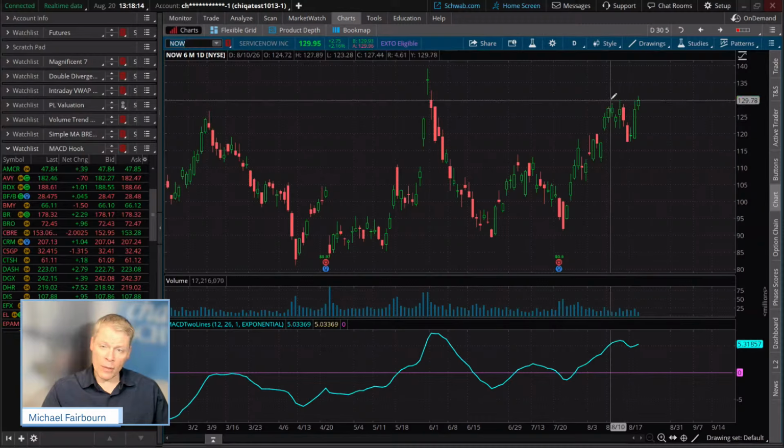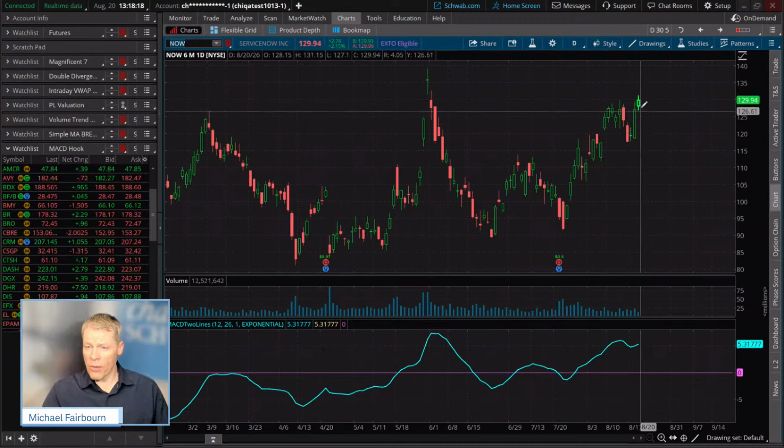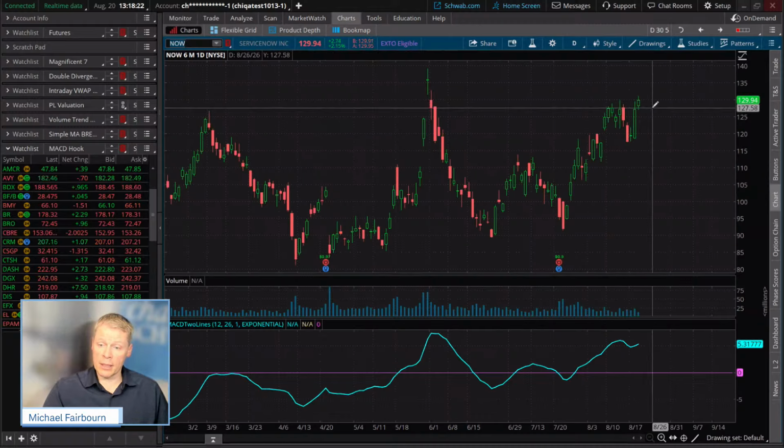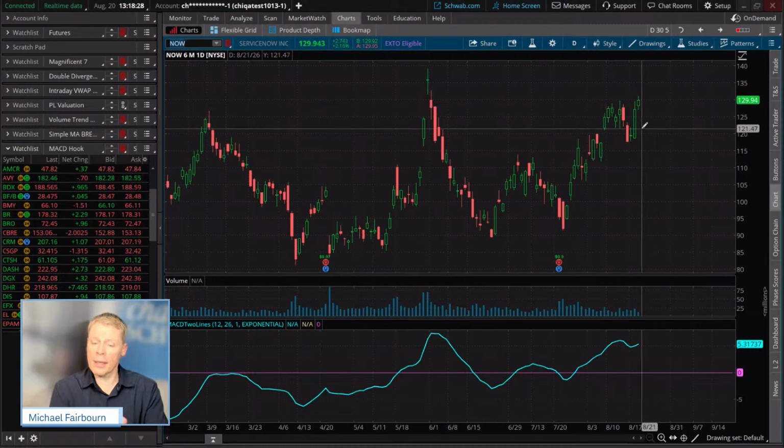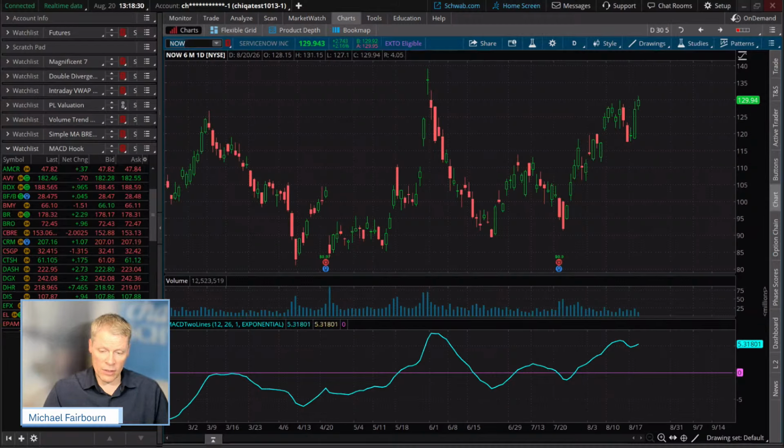Now, ServiceNow, excuse me, this is a software company. Look at this right there, breaking above that high. Will it begin to continue or not? We don't know, but at least the software helped us to spot it. Scans aren't guaranteed for timeliness or accuracy, but as long as the data flowing through the platform is good, well, it's just a mathematical equation. So there you go. Let me share it with you.